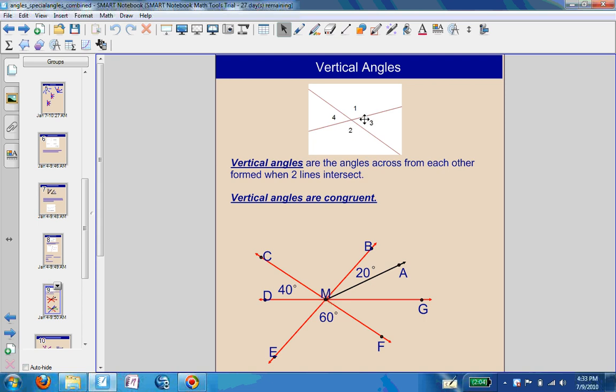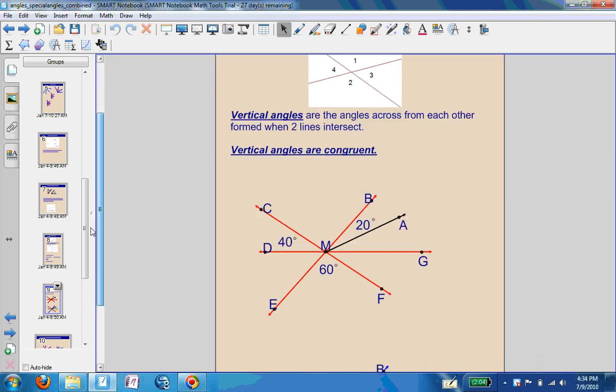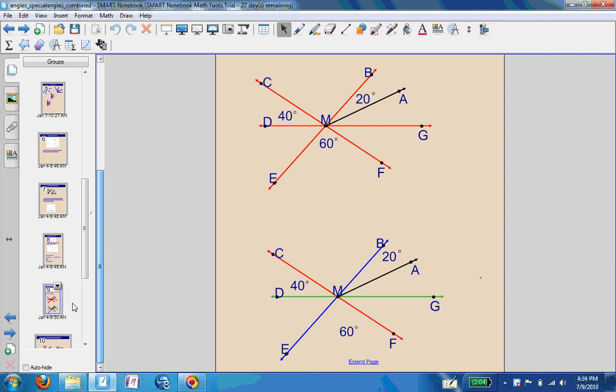So when they intersect and form vertical angles, those angles will always be congruent to each other. So angle 1 is congruent to angle 2, and angle 3 is congruent to angle 4. So vertical angles are always congruent. So here's a problem where you're going to go through and figure out the degree measures of all the different